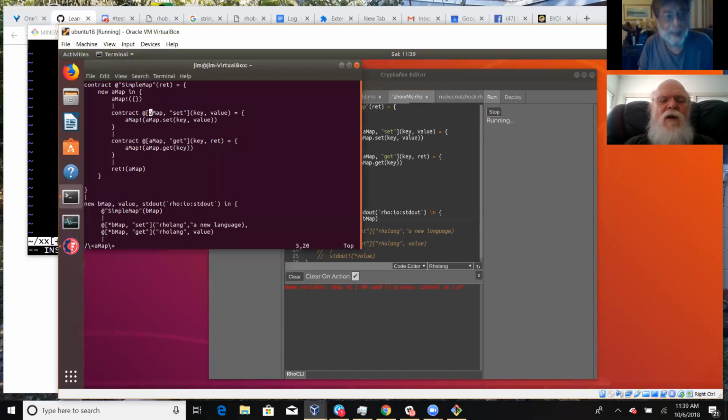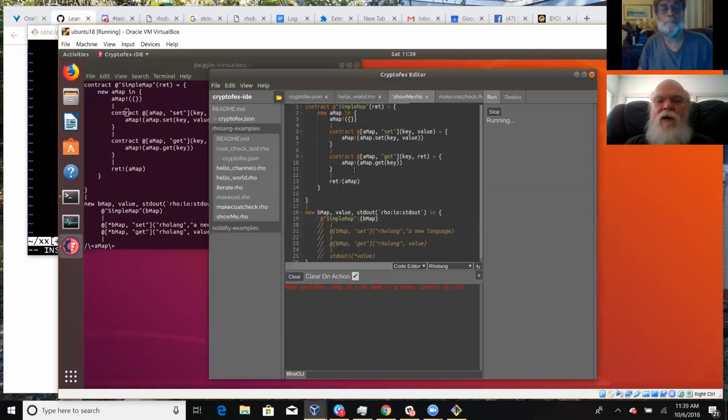I thought I hit at. Oh, I'm in VI. That can be confusing. So we put an at here. And then, of course, we're going to need an at here.